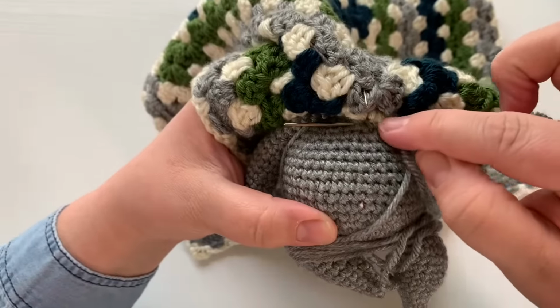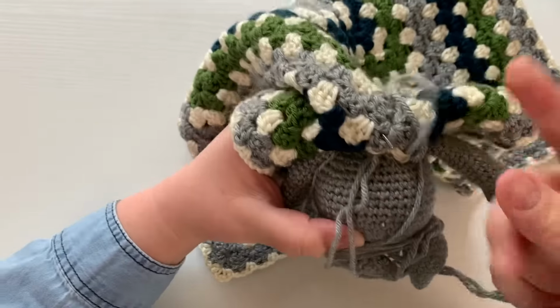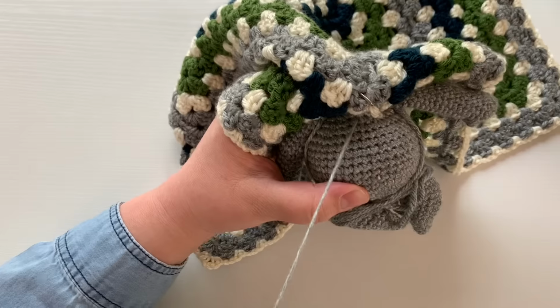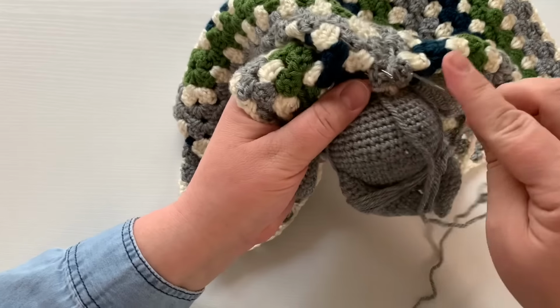So I've gone through the stitches as opposed to around them and pull. You know, there's a lot of tails here. There's a lot of ends to be tripped up on, but just take your time and it'll be worth it. Okay, we're gonna pull that tight. Then I'm gonna go through